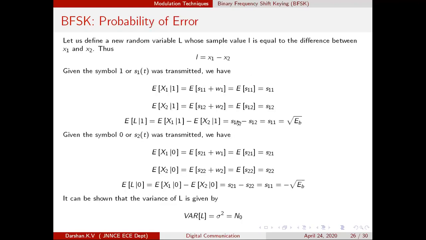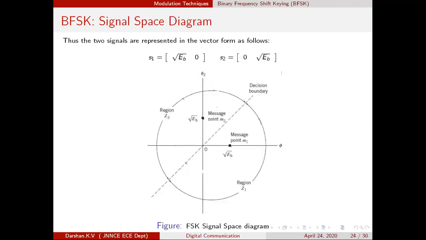What do you mean by x1 minus x2? It is L. So L greater than 0. Now I repeat the entire sequence. You transmit symbol 0. Now an event has happened: because of the noise, the received signal fell in the region Z1. Why has this happened? Because of the noise. I repeat, the received signal,